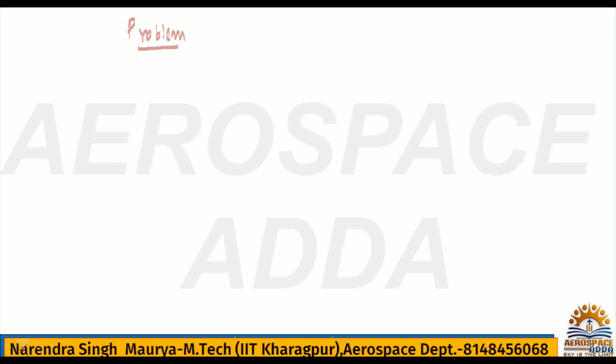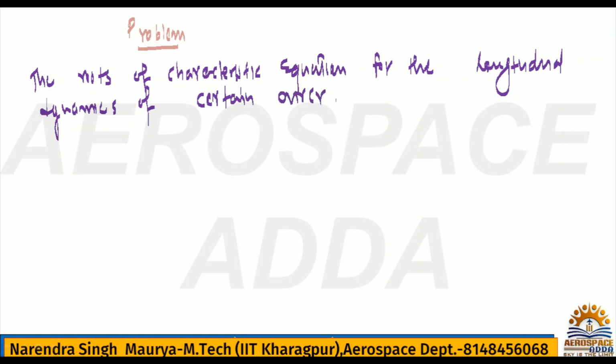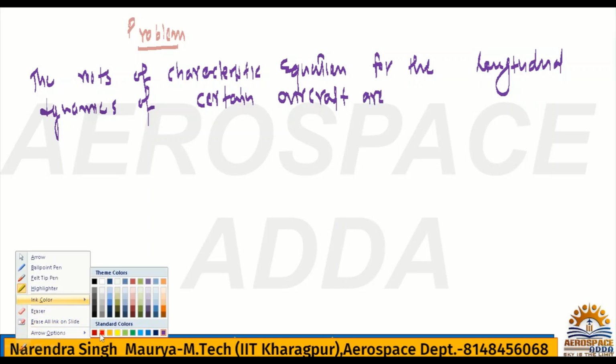The question is: the roots of the characteristic equation for the longitudinal dynamics of a certain aircraft are... So here they are giving the roots directly, and this problem was asked in